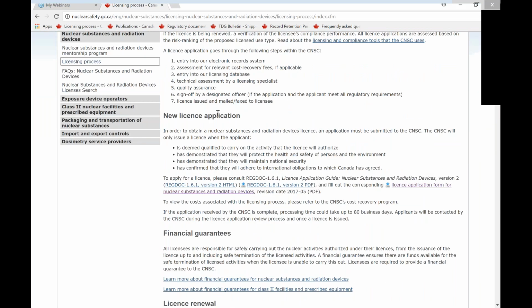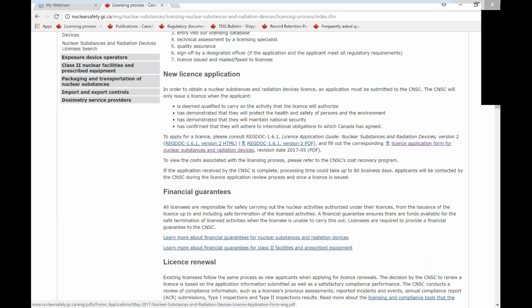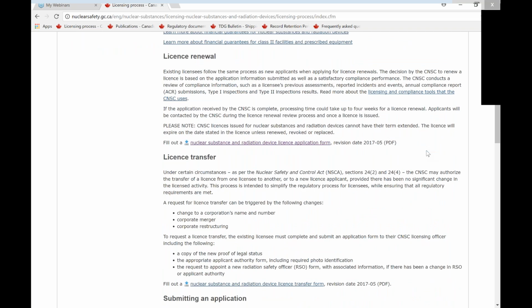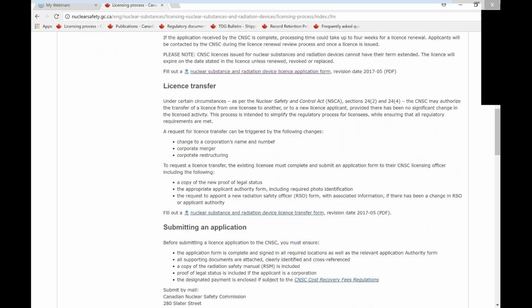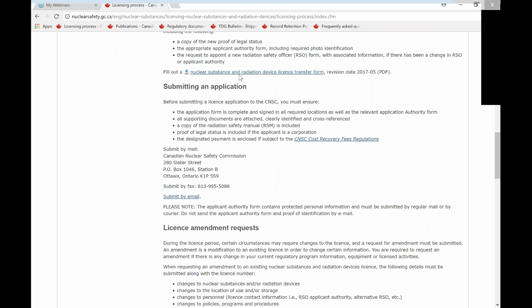So, new license application. Here is where you can get the license application. The CNSC, like me, focuses a little bit on the nuclear substance and radiation devices license application. They have the version of the application guide that you can download, as well as the license application form. So the information to guide you through the licensing process is right here on their website, including the process for